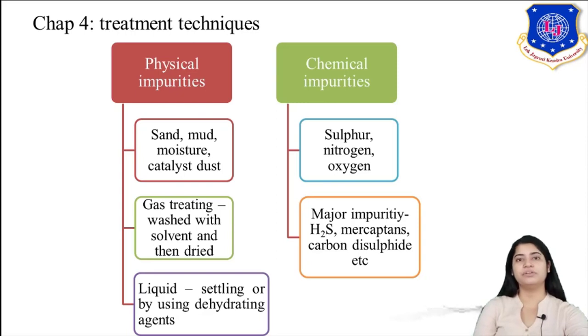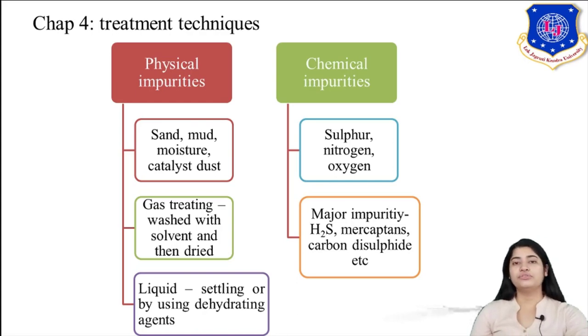Even in crude some impurities are there. Those impurities are divided into 2 parts, physical impurities and chemical impurities. In physical impurities, sand, mud, moisture are the things which are taken into account. When your crude is mined, when it is extracted, these impurities are present. Besides that, when certain fractions are processed, certain impurities are added, like catalyst dust, and certain traces of solvent remain in your fraction. Those are your physical impurities.